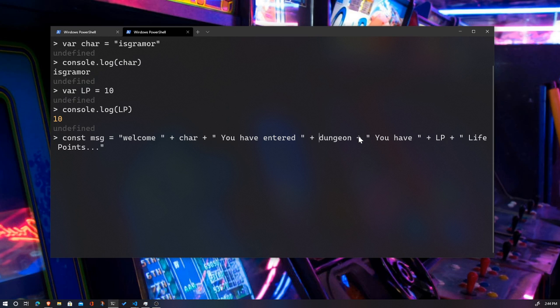Okay. So I know that was very boring and probably painful for you to watch, but keep in mind that I know we have this super long constant, but this constant relies on other variables to accomplish it. So I can actually log this, and dungeon is not defined. Since it's not defined, I'll have to define dungeon. So I'll do var dungeon equals